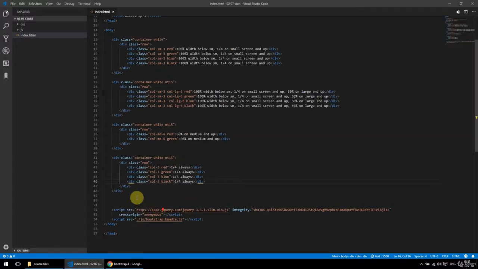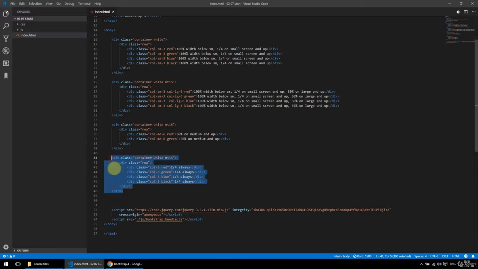So what if you wanted to modify this row here and have 2 columns in the row on large screens and up? How would you do that? If you want, you can try it yourself. So if you want to try it yourself, pause the video now. I'm gonna wait a few seconds and do it on video. Okay, I'm gonna do it now. So you should have paused by now if you wanted to try it yourself.